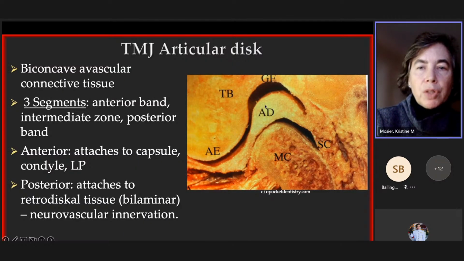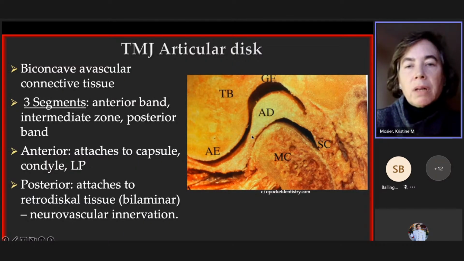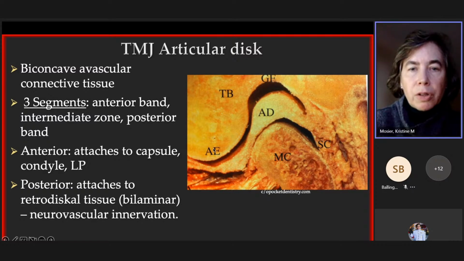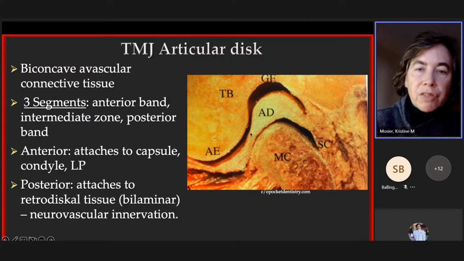So when we look at a close-up view here of a cadaveric specimen of the temporomandibular joint, we see the mandibular condyle articulating within the glenoid fossa, or articular eminence anteriorly, and we see this fibrocartilage disc. It's an avascular connective tissue disc. And we break it down into 3 zones: the anterior band here, this thinner intermediate zone, and then the posterior